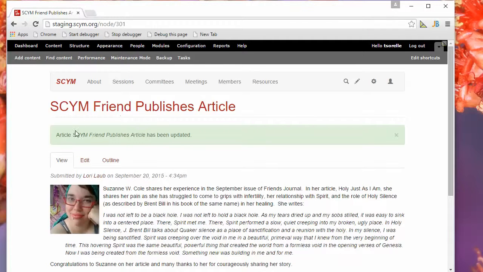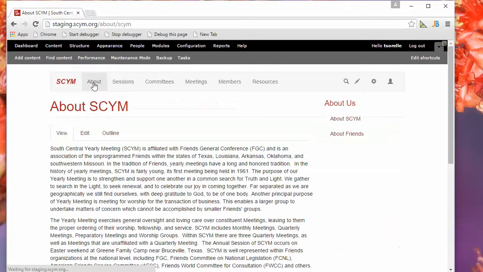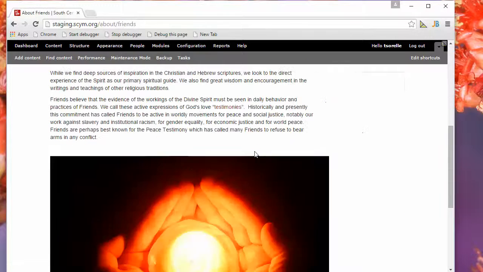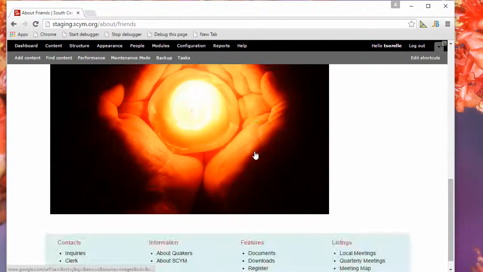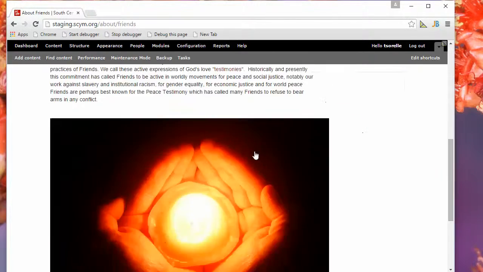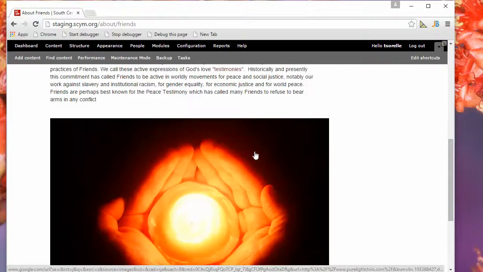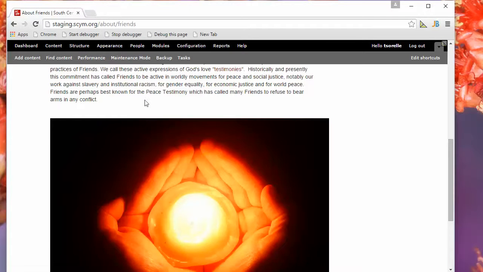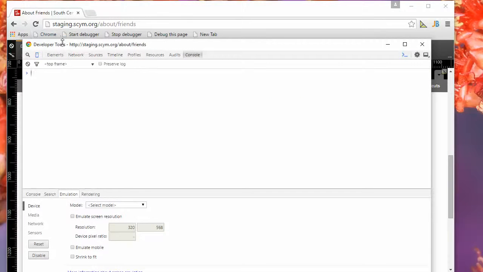We'll go to about friends. And on this page we've got a very large graphic. And this looks okay in a regular browser, but what will it look like on a cell phone? Well, you can emulate this in browsers, particularly in Chrome, by pressing the F12 key. That brings up our developer tools